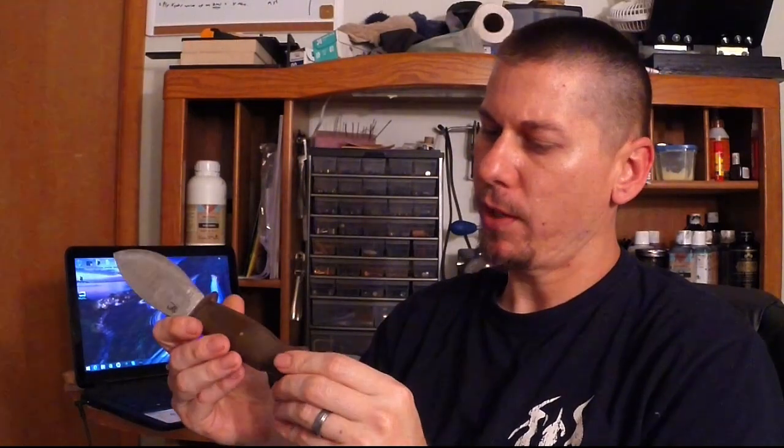So now the last thing that I'm looking at when I look at this knife is, how is the quality? Because when you pay over $100 for a knife, it needs to be very high quality. Okay, the little blemishes and everything else that you expect out of somebody that's selling a custom $50, $60 knife or whatever, it's not really a big deal. But when you're spending $100, $200, whatever the cost may be on a custom knife, all those little blemishes and everything else,